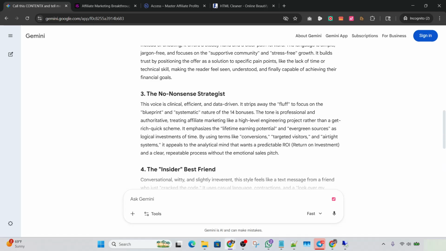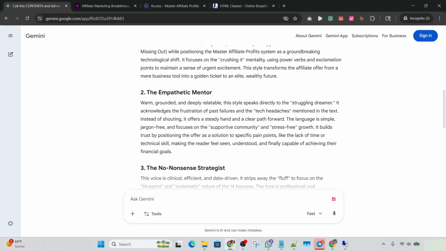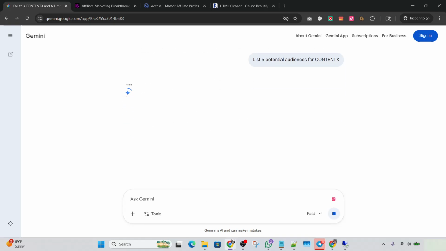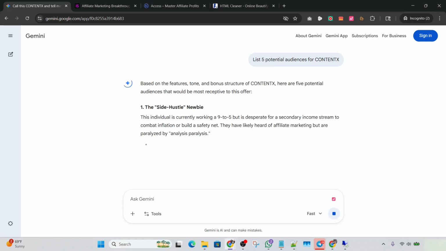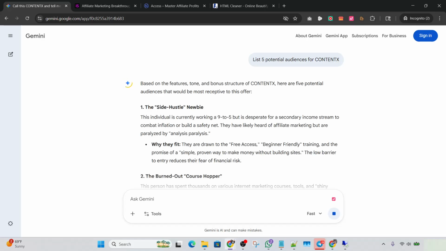And then I can say list 5 potential audiences for content X. And I'll just do that. And so what we're doing here is trying to understand who the target market is.